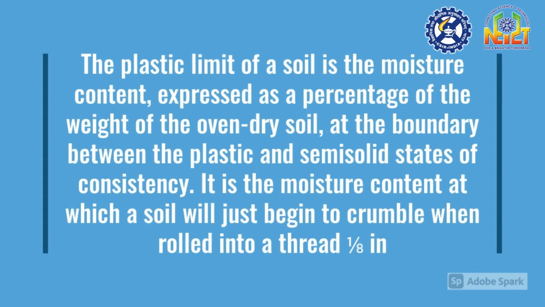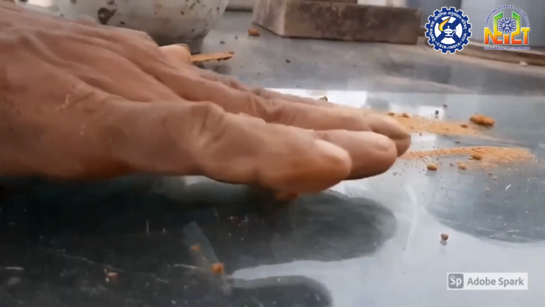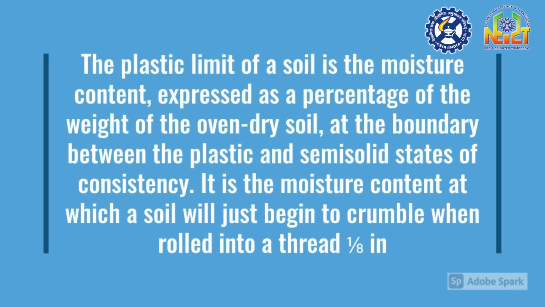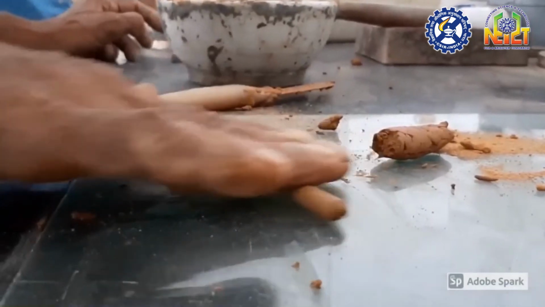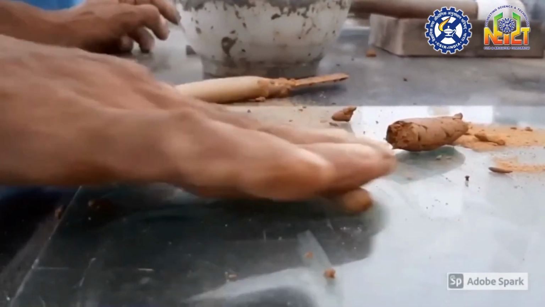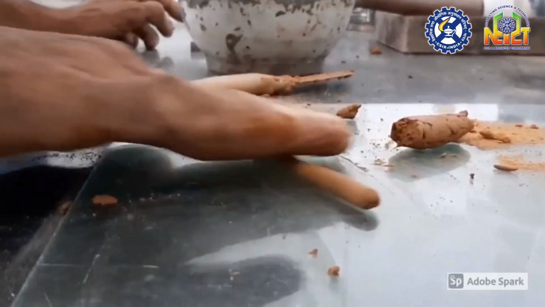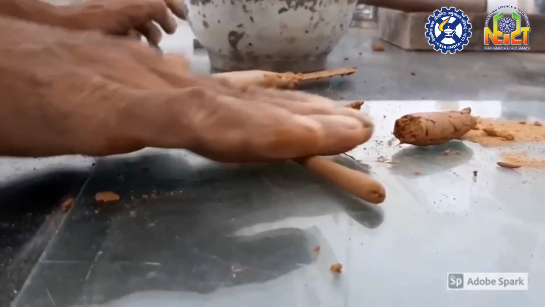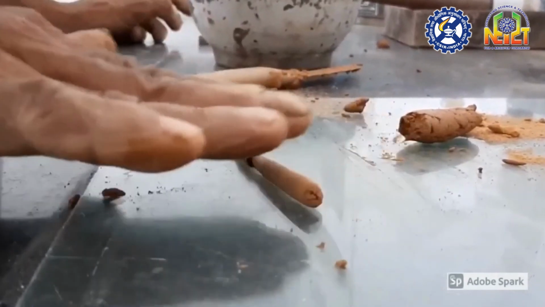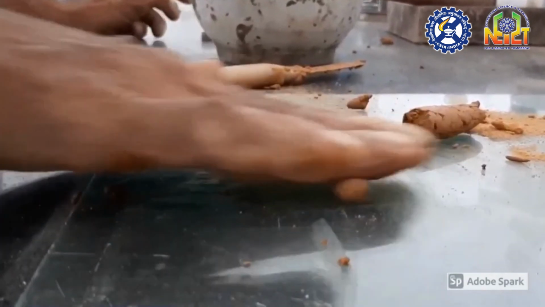Now we are taking 10 gram of plastic soil mass and rolling it between hand and the glass plate as shown here to form the soil mass into a thread. If the diameter of the thread becomes less than 3 millimeter without cracks, it shows that the water added to the soil is more than its plastic limit. Hence, the soil needs to be remolded and rolled into a thread again. So repeat this rolling and remolding process until the thread starts crumbling at a diameter of 3 millimeter.